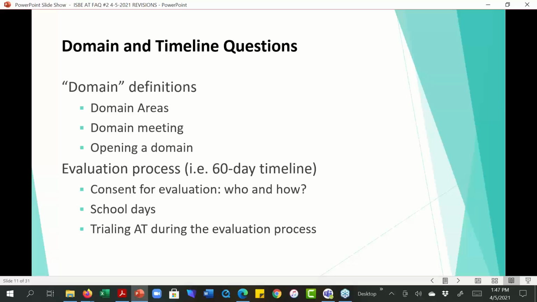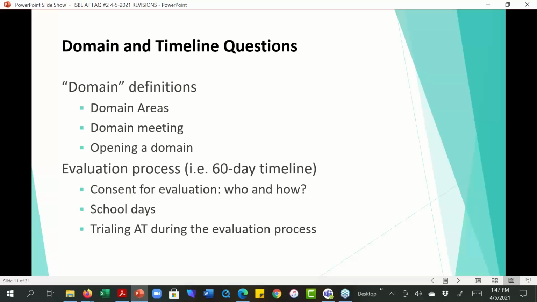So domain typically refers to the areas in which a multidisciplinary team would like to or will consider collecting evaluation data for a certain student.